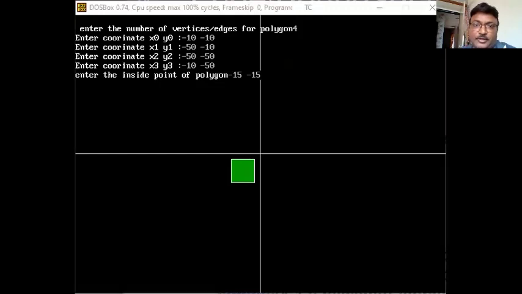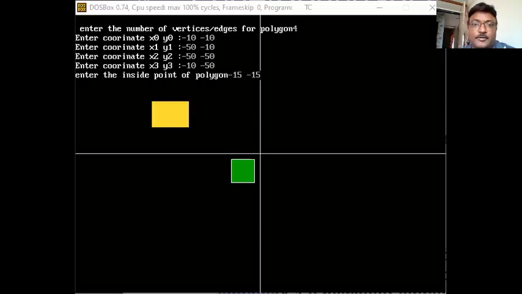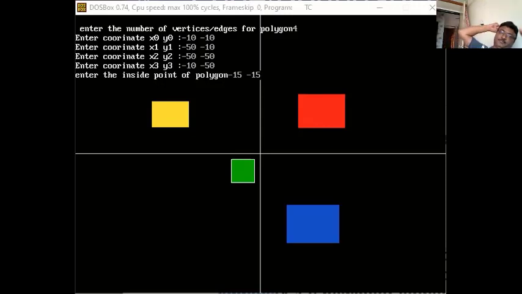So you may draw here any kind of polygon in any color. You may consider the color of the polygon is yellow. Okay. You may consider the color of the polygon is red. So you have to try it with both. And that may be a concave polygon or convex polygon. Any kind of polygon you can consider. Okay. So that you can fill with different colors. And you have to try with all the quadrants, meaning first quadrant, second quadrant, third quadrant, fourth quadrant, and fill it up.